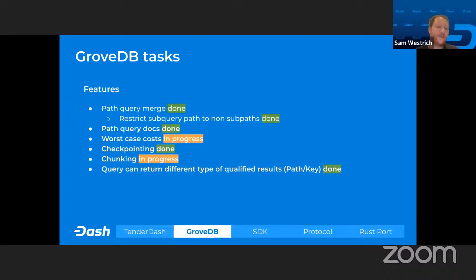The reason why we're doing this is for quick sync of new master nodes coming into platform. There are two ways to really sync in Tenderdash. The first one is to replay all the blocks from the Genesis, and that takes a lot of time, especially since the block time in platform is extremely small, like 5-7 seconds, and replaying millions of blocks would just take forever to sync.